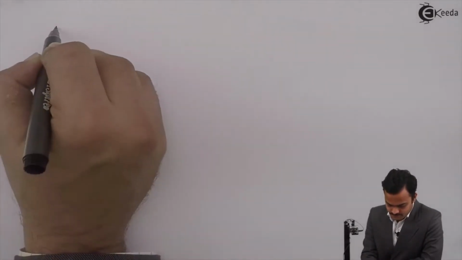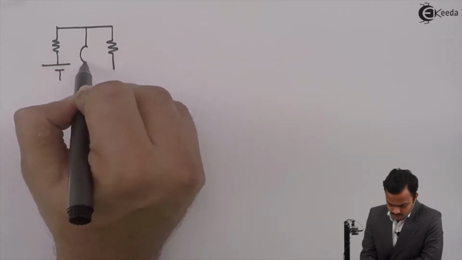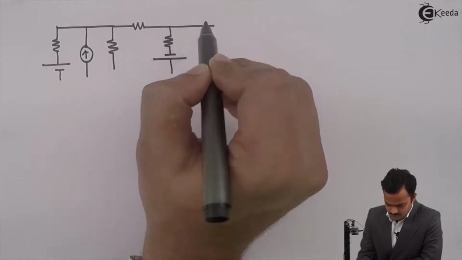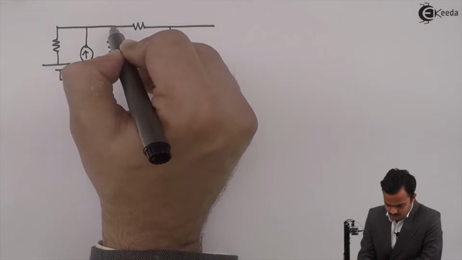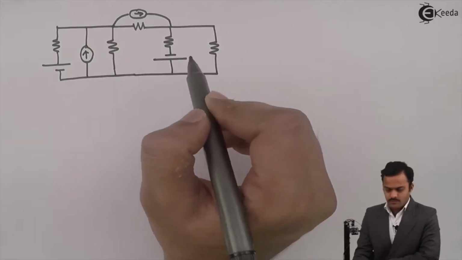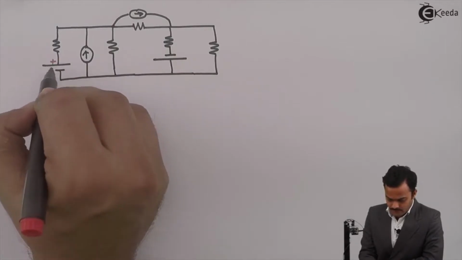Friends, let's apply Thevenin's theorem to a problem. This time I will take a problem with more number of sources, but still the concept of application of Thevenin's theorem will remain the same. So let's see. So in this problem, I am having two voltage sources of the values 10 volt